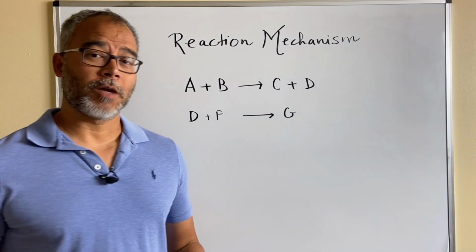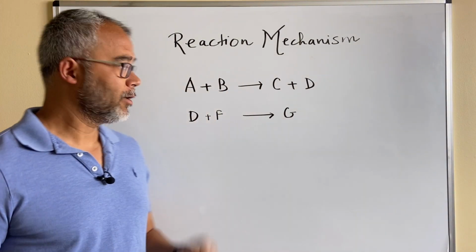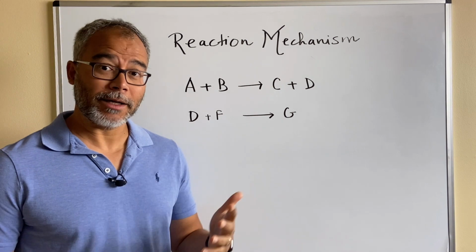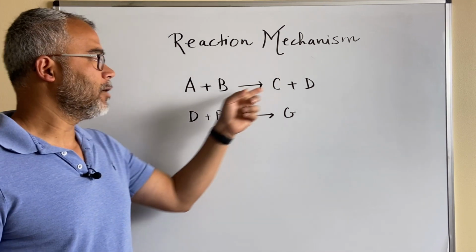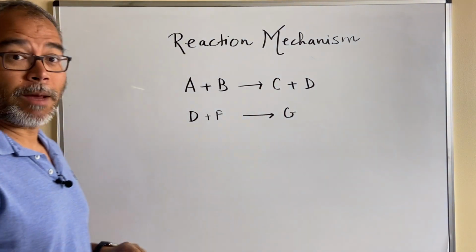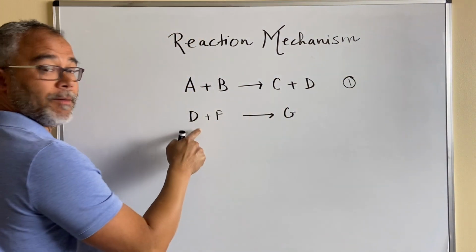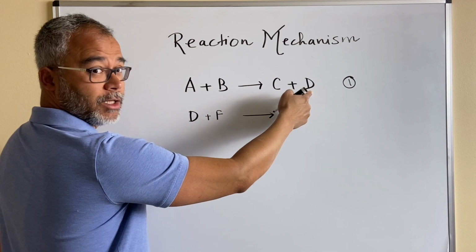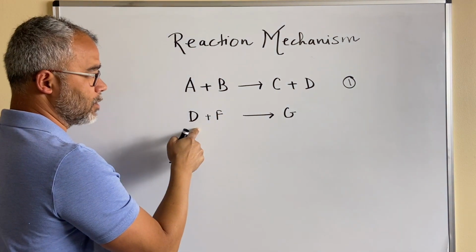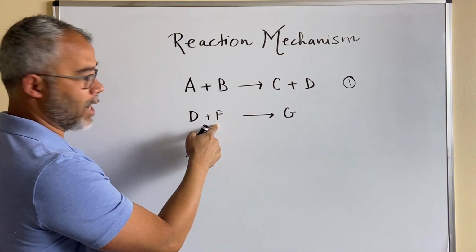In this video, we're going to talk about reaction mechanism, okay? So consider a hypothetical reaction. A plus B goes to C plus D, and that's step one. And then the second step is D plus F. So D from here, the product of this first step, goes into the second step, plus another reactant, F, gives